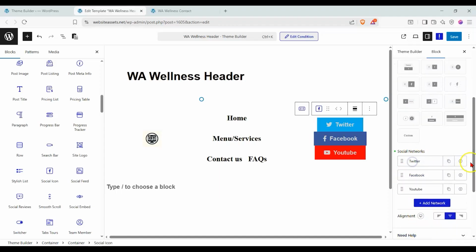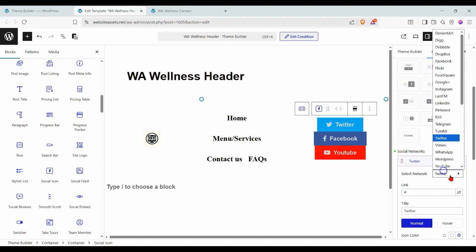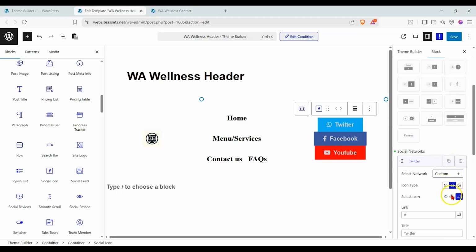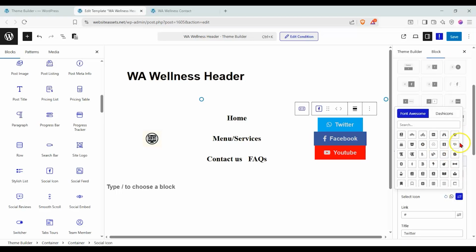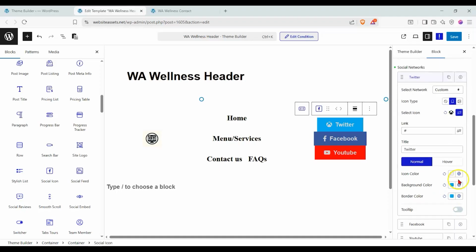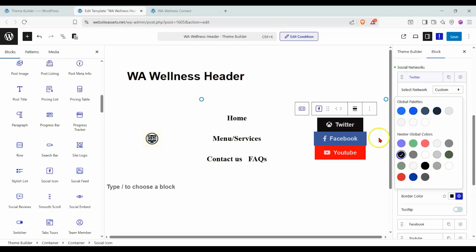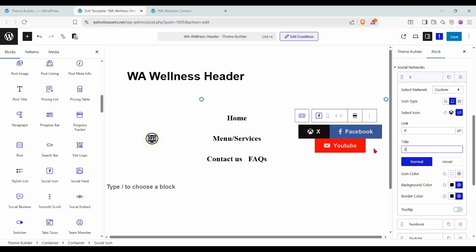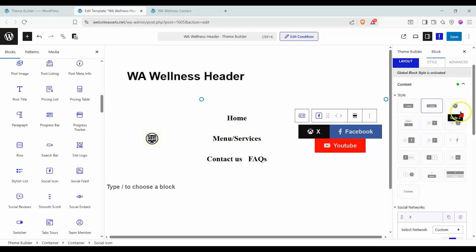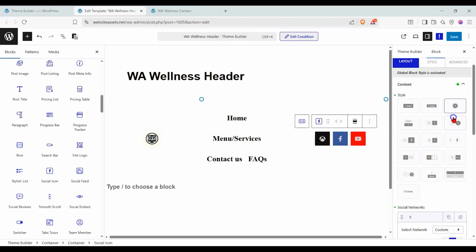So we'll have to put this over here and then do the whole thing where we make it custom, and then we'd have to go in and change our icon over here, and all the way down, go to the Xbox one, and then change the color to black, of course, and so on and so forth, and then change this to X. But since this is the main menu, we can go ahead and just change it to the circles or the boxes, and